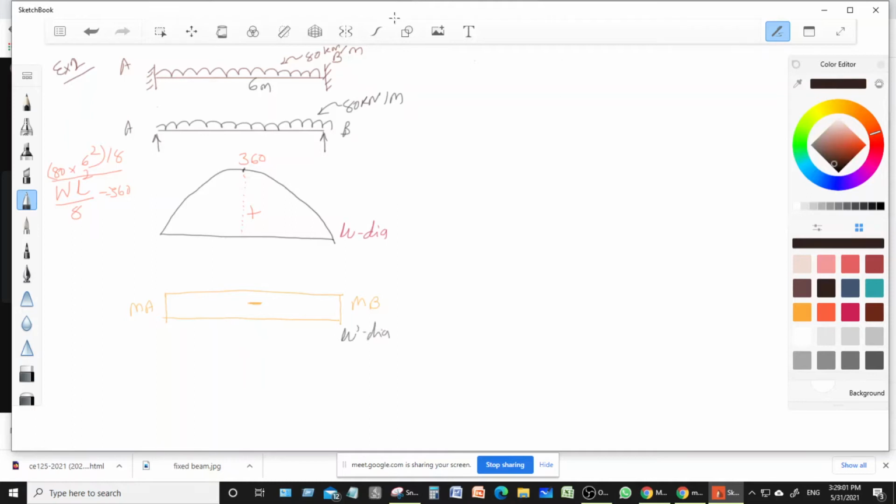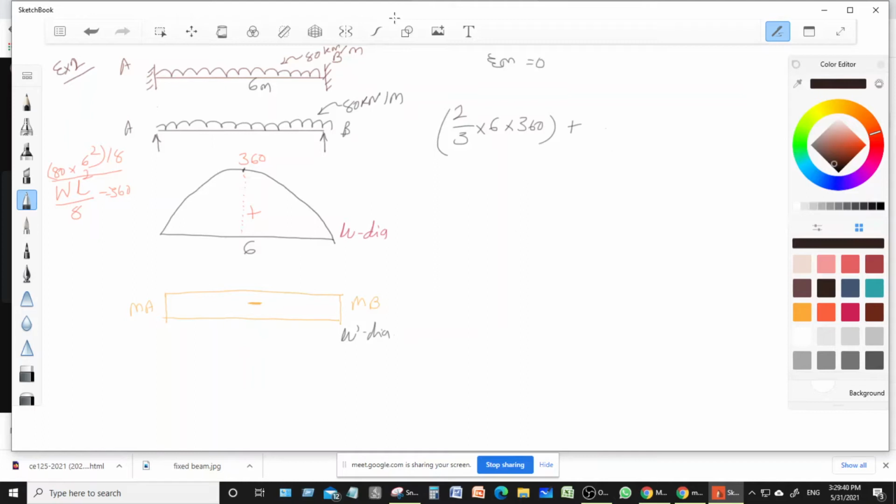So now we know that sigma M is equal to 0. So we take the area of the mu diagram. Because it is parabolic, it is 2 by 3 into span, that is 6 meter, into height, that is 360. As it is parabolic. In the previous lecture it was triangular, but here it is parabolic. So area will be 2 by 3 into base into height, plus the area of the mu dash diagram,